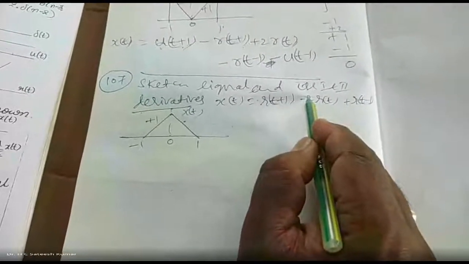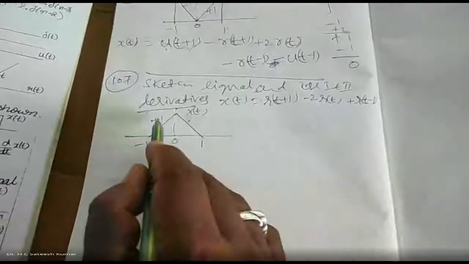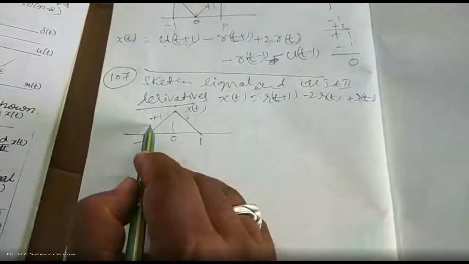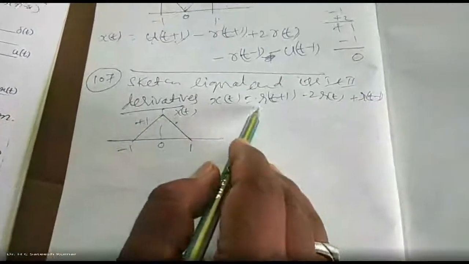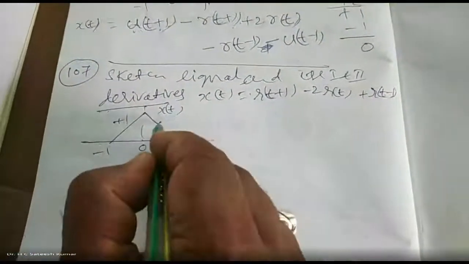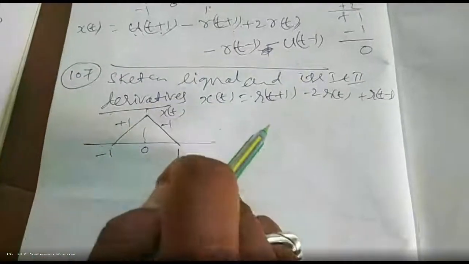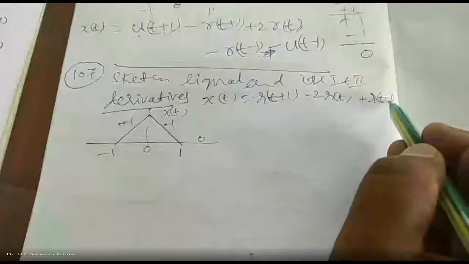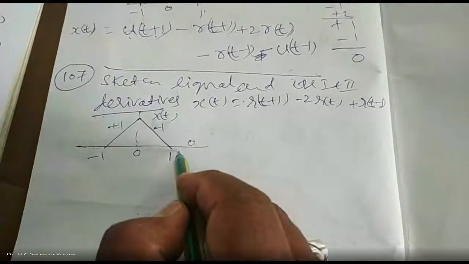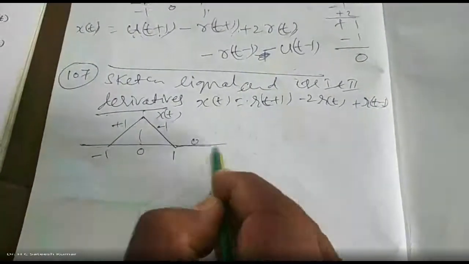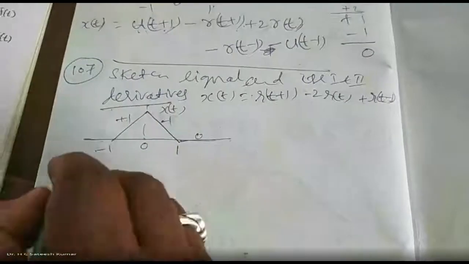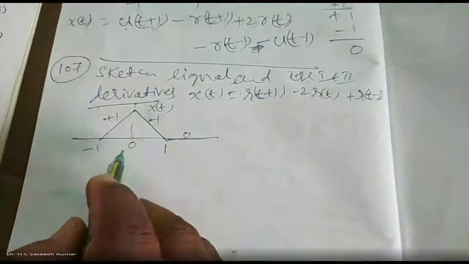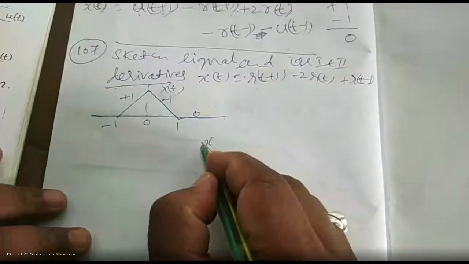1 minus 2 means it becomes minus 1 from 0. So starting from 0, add a slope of minus 2 to the plus 1. Plus 1 minus 2 is minus 1. Therefore, the slope becomes negative. Now it is going with a slope of minus 1, and I want to make the slope 0. What I did is at 1 add a slope of plus 1. So now it has gone like this. That is your x of t. Now differentiate this one: dx of t divided by dt.